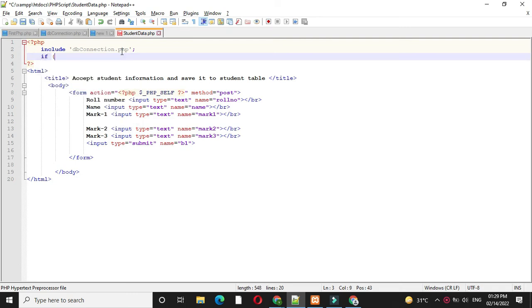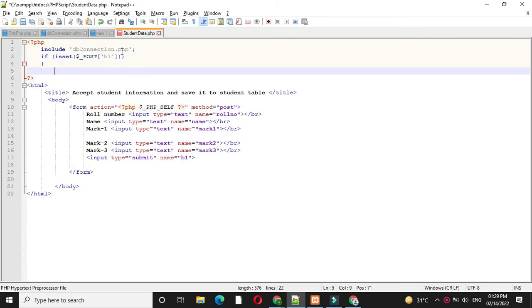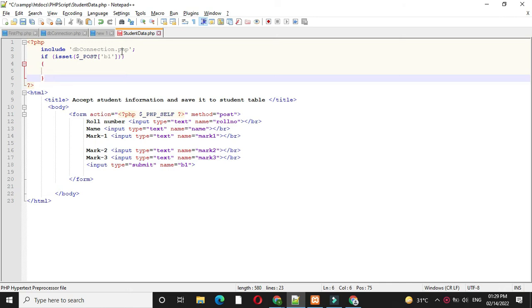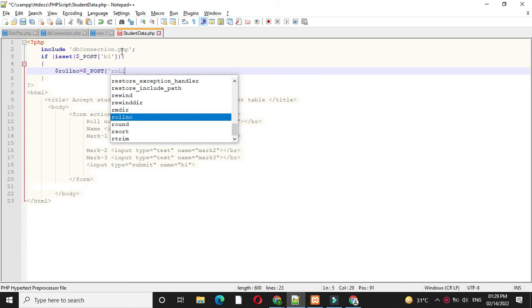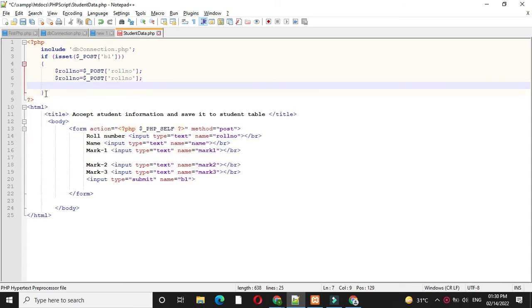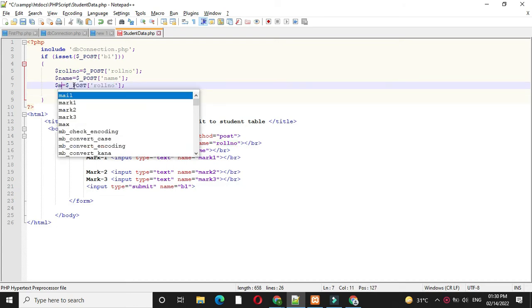So if isset B1, which is name of the button, and if this is true, we will save our text boxes value to a variable. So roll number equal to post roll number, which is the name of the text box for roll number, then name, then mark 1,